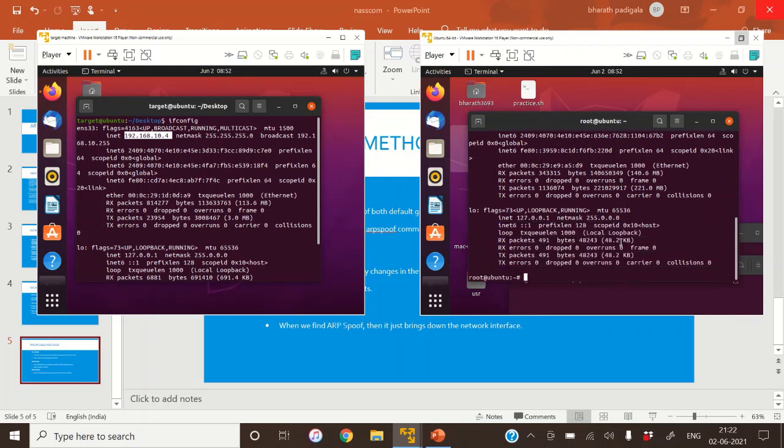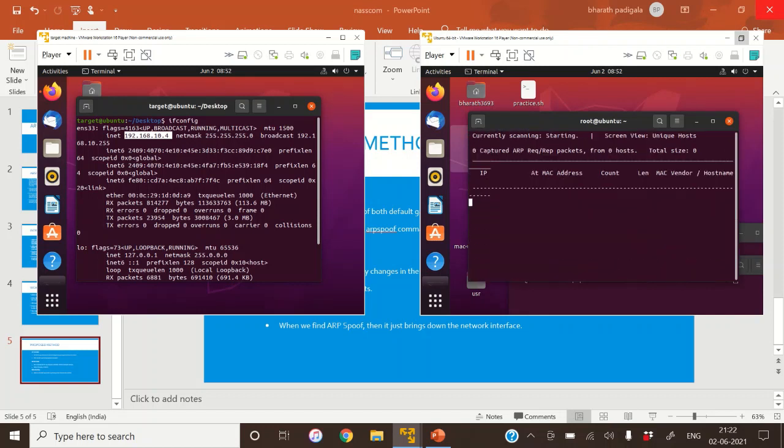Through NetDiscover we will find out what are the available hosts in this particular LAN. It will search for all the IP addresses. With the NetDiscover command, we get the list of devices that are using the Wi-Fi.